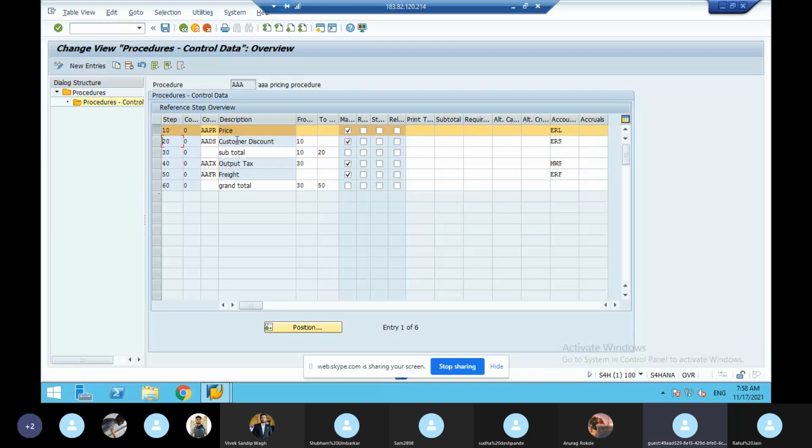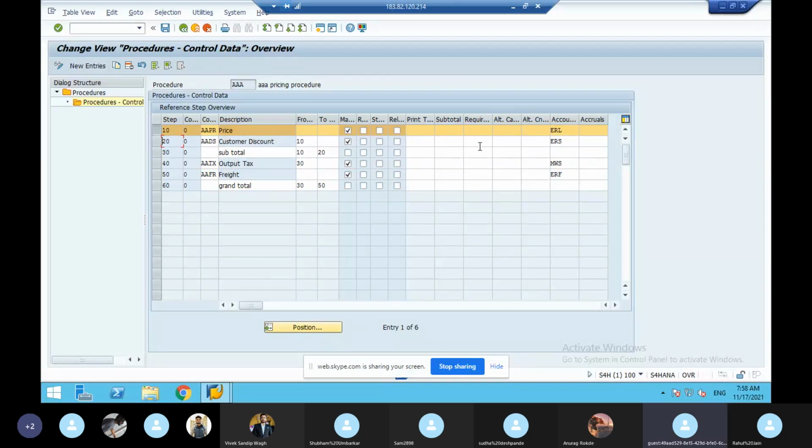Whether they ask or not, this is knowledge. What does condition mean? Pricing condition means the pricing conditions present in the pricing procedure, that is one row which contains 16 columns. That's all. Any doubt?